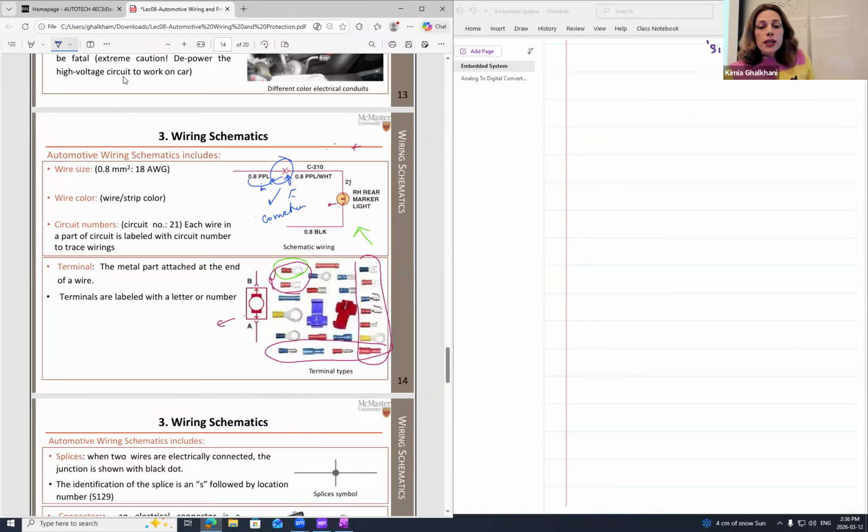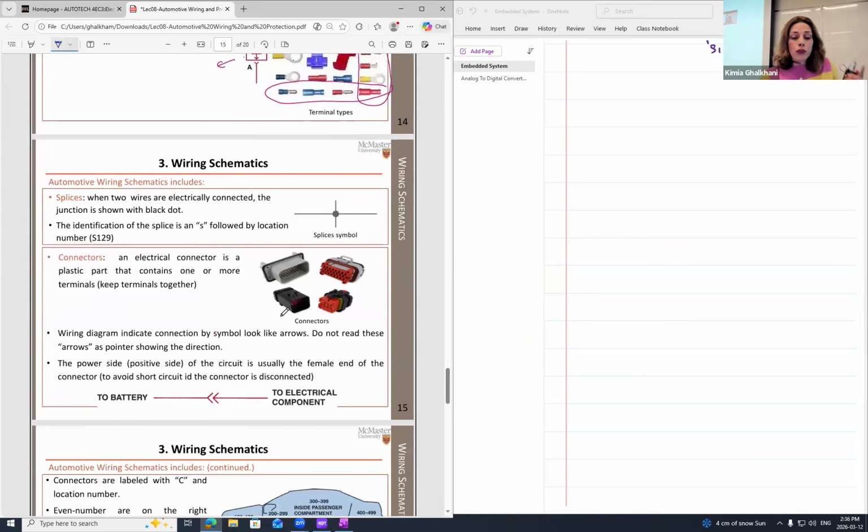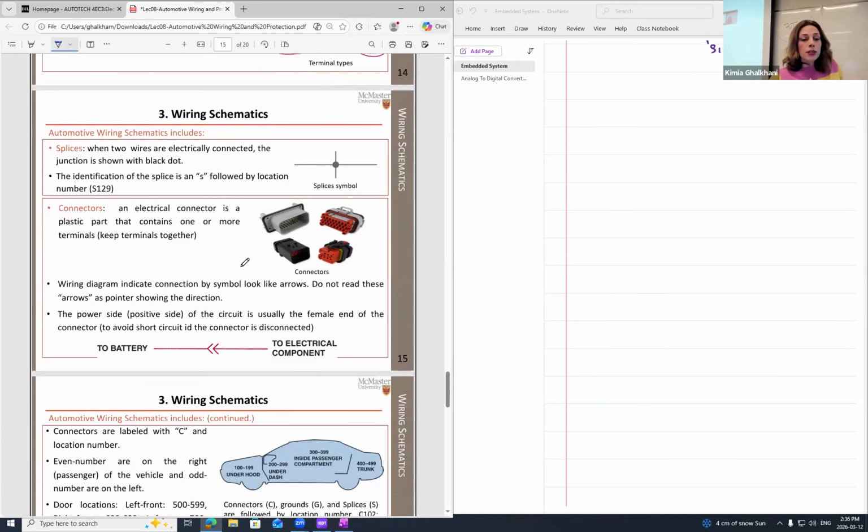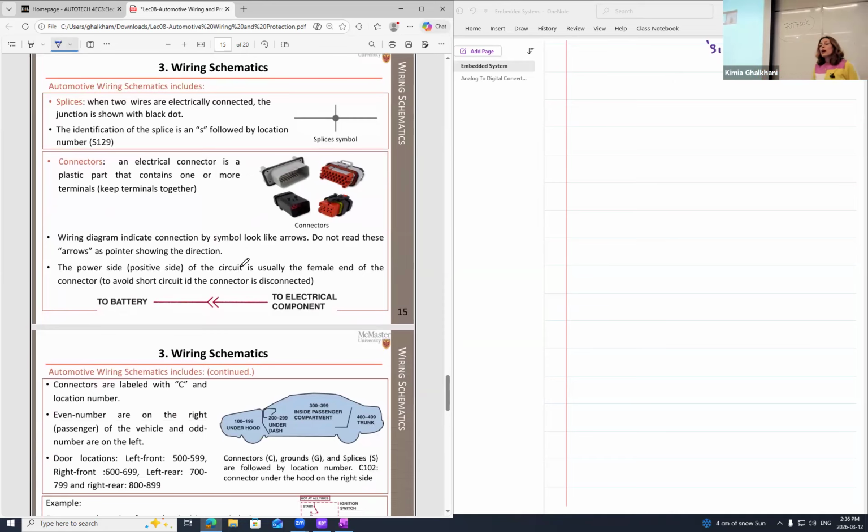Again, in cases where the wire comes with two colors, you have it with a slash. For example, here purple and white are the combination of the two colors. And then you have the circuit number. This is the headlamp, and again the wire size, the wire color, and so on. So now let's look at another symbol first and then a schematic, in order to become more familiar.